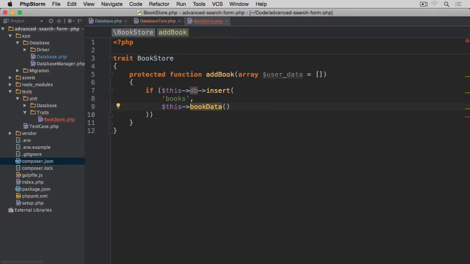And for this book data method, which does not exist at the moment, we are going to pass this user data. Basically this book data method is going to return an array. It's going to have some predefined values associated with the database table fields. But if we want to overwrite any of these default ones, which will be fake values, we can do it by passing this argument to this addBook method and override them this way. Okay, so here,